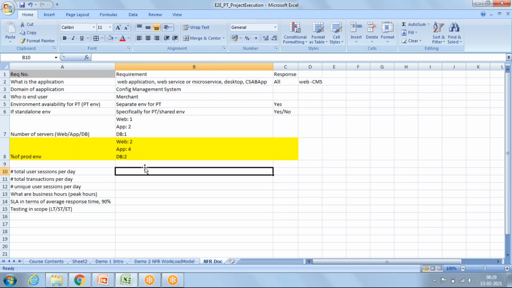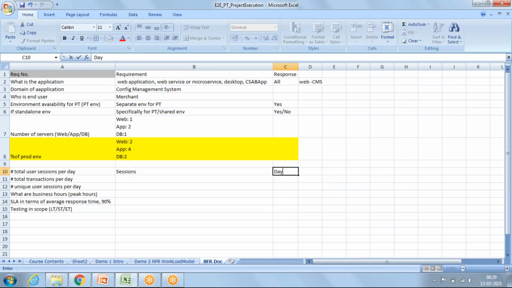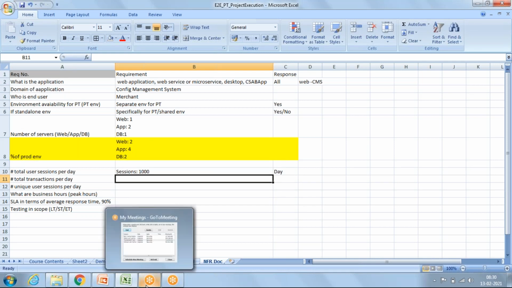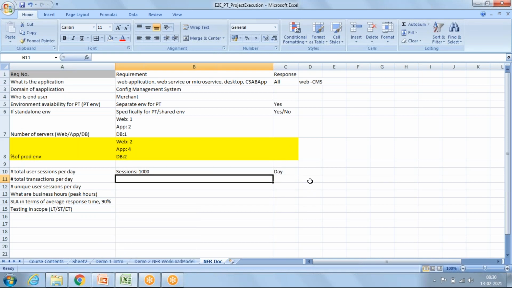Here we have to understand two things. First is sessions. Second thing is day. Suppose your business stakeholder replies like 1000 user sessions we see in our application log in a day.